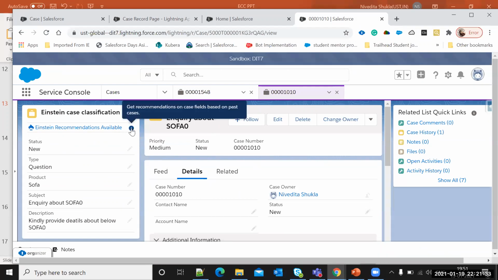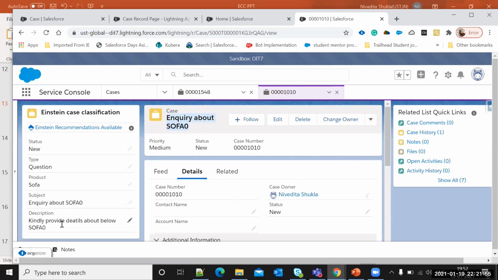Salesforce is still investigating and they are providing the fix. That is still an open issue. So I am going to show you the cases where that recommendation link is available. So this is the link. Once you have created a case, say the case number is this, I have trained the model.